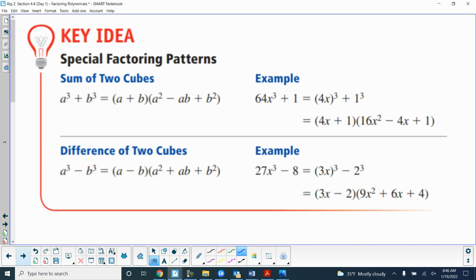All right, let's look at some more. All right, special factoring patterns. This is sum and difference of two cubes, okay? Here's what you do. First of all, you got to recognize that the two terms, the binomial, 64, 1, or 27 and 8, are perfect cubes. If you're not sure if something's a perfect cube,